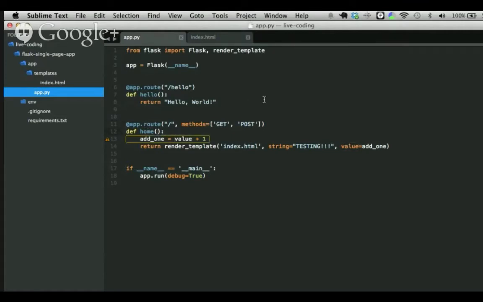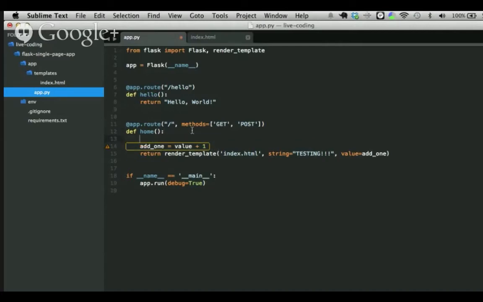And so now we need to handle a post request correctly. And we can do so by adding just a basic conditional. So if we say if request.method is equal to post. So here we're using Flask request object to test if the HTTP method is a post.